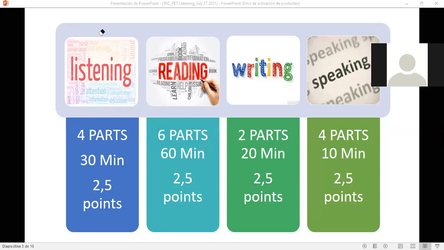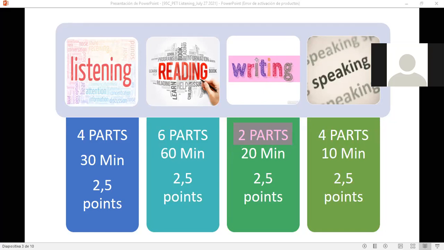Okay, then we move to the writing section. In the writing section, you have 2 parts. But we're going to learn how to make these parts. Because of the time, when you are taking your proficiency test at university, you will have to answer just 1 part, but it's going to be random. So probably you will have to do part 1 or part 2. It depends on what is given to you that day.